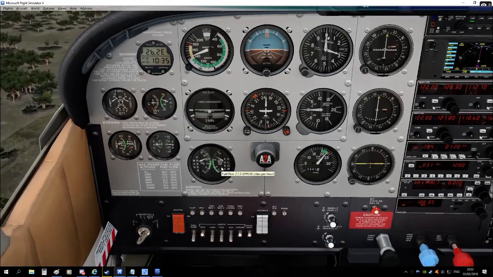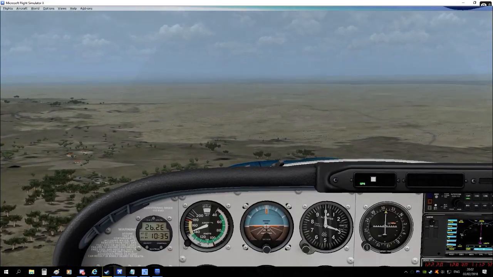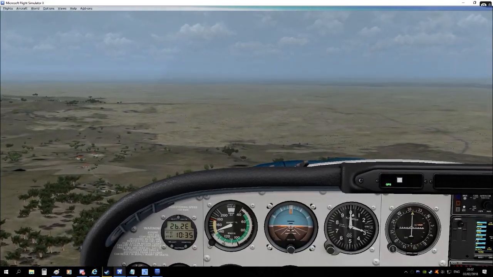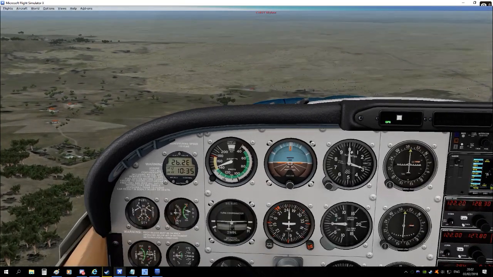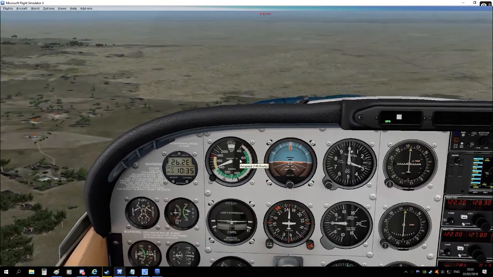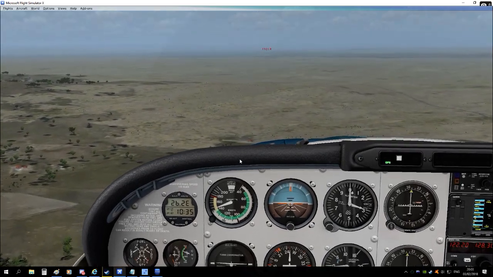Well, I can see the runway. Oh, wait a minute. No, I'm on the wrong one. I'm an idiot. 30 or 12 are the two runways. What is it? LEZG. Yeah, let's try that. 12 and 30 are the runways I've got. It's 45 degrees. Still, it is winter, so...